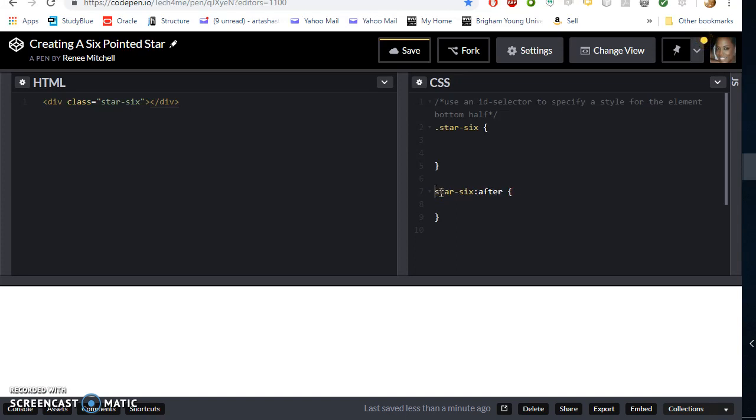And you will notice that both of my stars are different ones, one for creating the star itself and one for what comes after creating the star. So we need to create the width, and then we need the height,